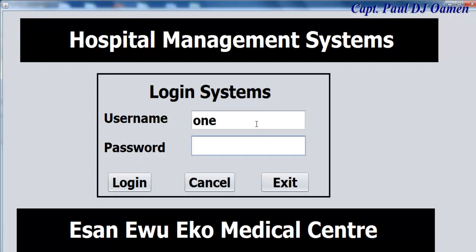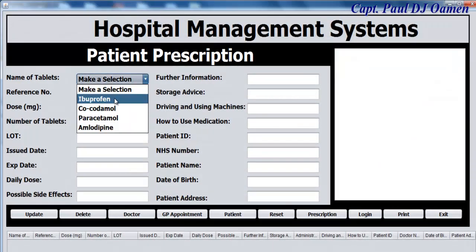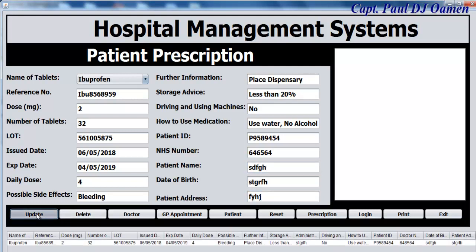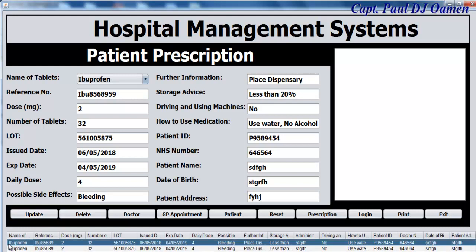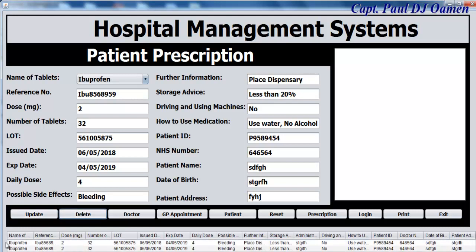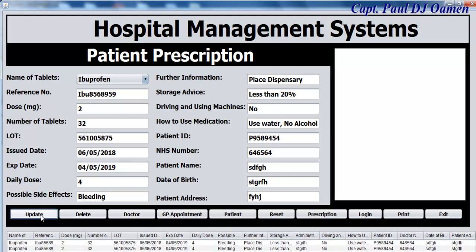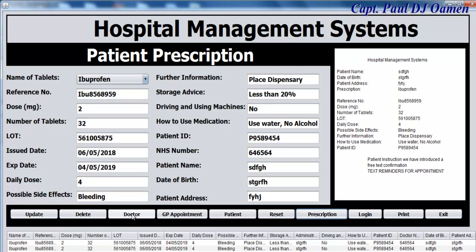Enter login details, log into the system. There we go. Add some data in here. Add another one. Let's delete. Yeah, that's fine. It's working as expected. So that's good. That's working. Yeah, that's good, guys. So all that is now left for us to do is to be able to add